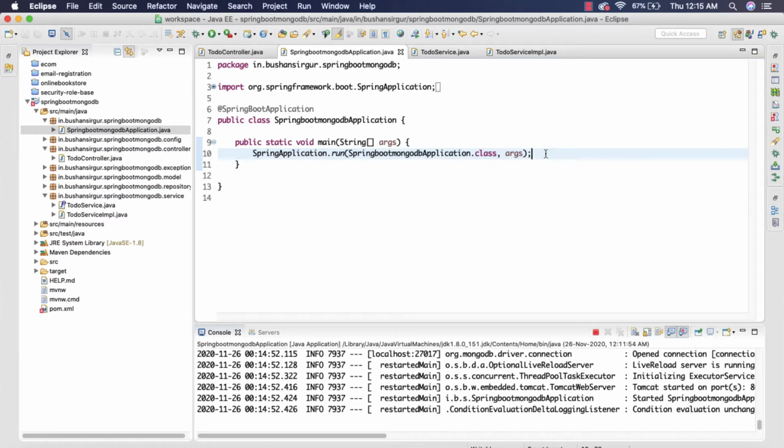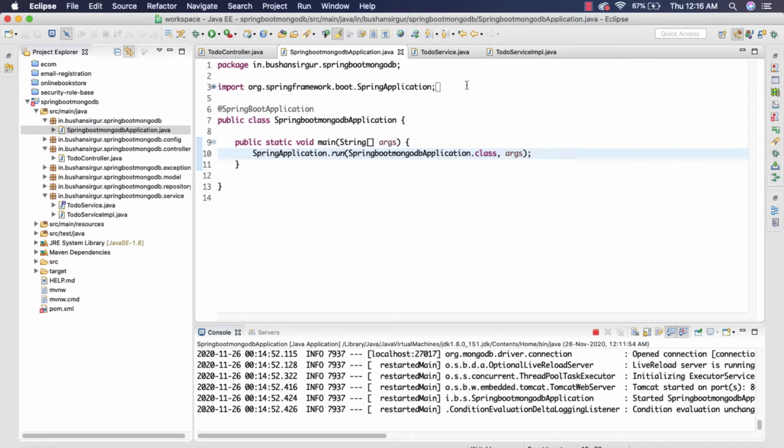In the previous video, we refactored the get mapping, which is for retrieving all the documents from the MongoDB. And in this video, we're going to refactor one more get mapping, which is retrieving a single document from the MongoDB database. So let's begin.